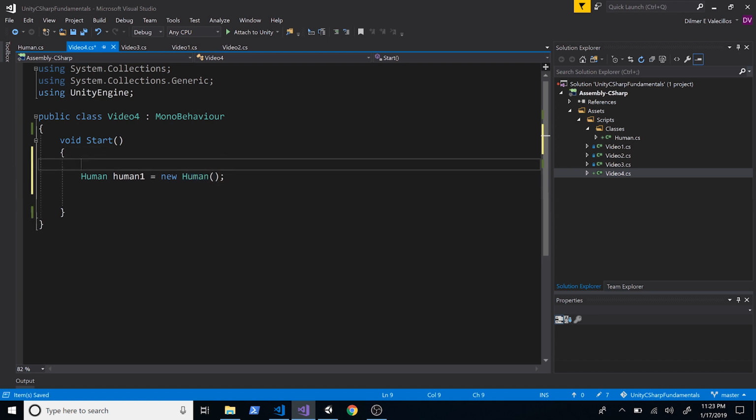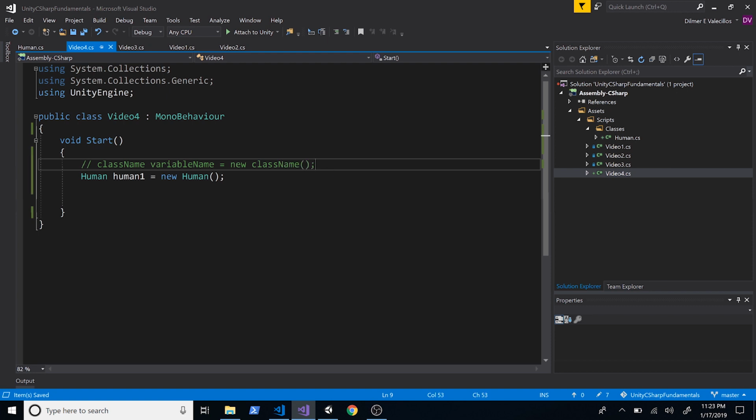As pseudocode, it's the class name, followed by the variable name, equals the keyword new, followed by the class name, and then parentheses, which is actually calling